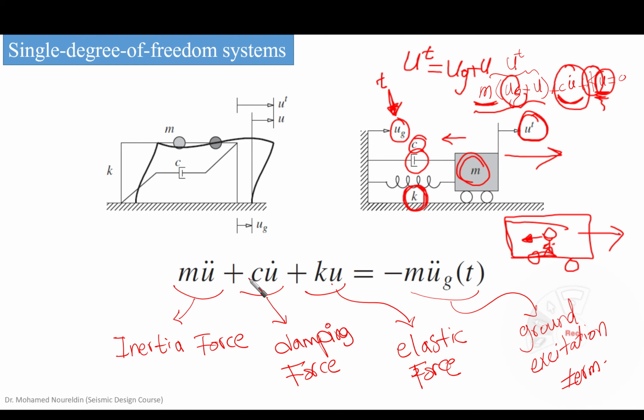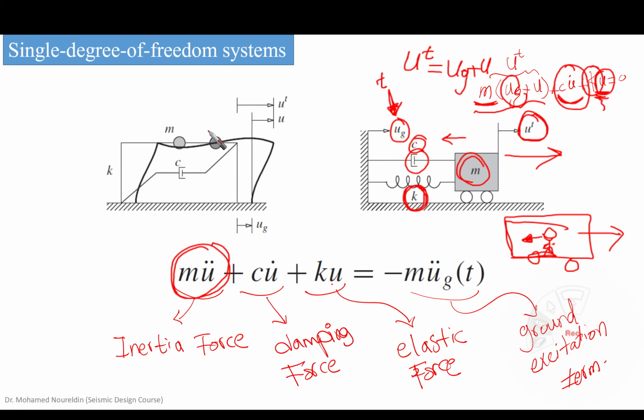Okay, so let's arrange this equation and separate these terms from one another. We're going to find m u double dot, which is the relative movement. What is the relative movement here for the real ground acceleration? If we have a shear building,